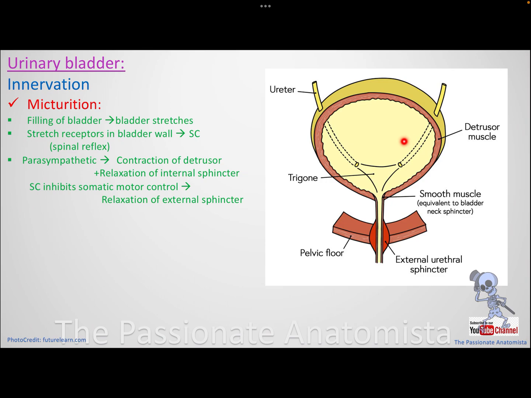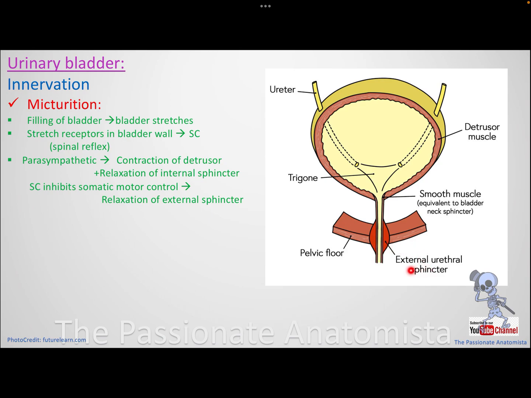contraction of the detrusor muscle will help you because you want to empty. Now the bladder is filled, and now parasympathetic is active. You want to empty the bladder, so you will ask that detrusor to contract itself because you want to empty it, and you will ask also the internal urethral sphincter to relax because you also want to empty the bladder. However, if this is the correct time and you're ready to go to the bathroom and urinate,